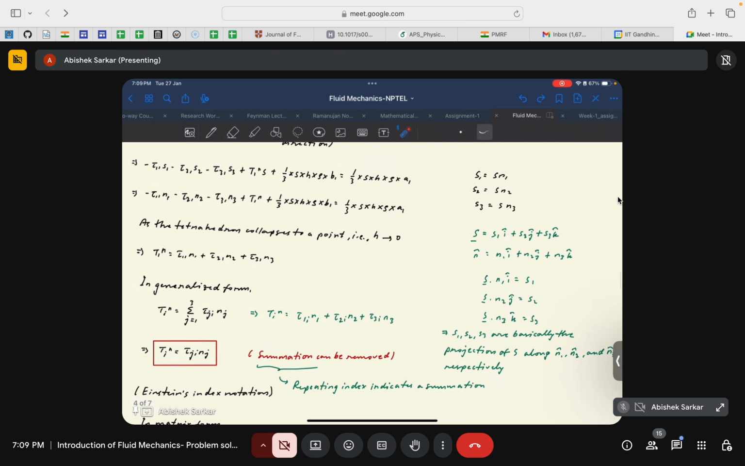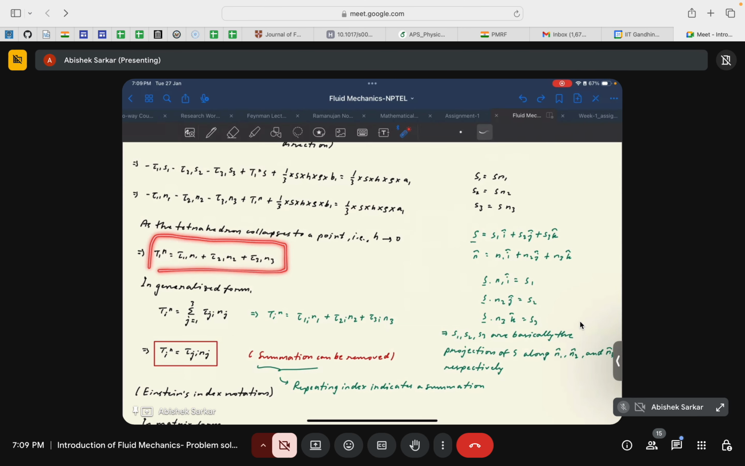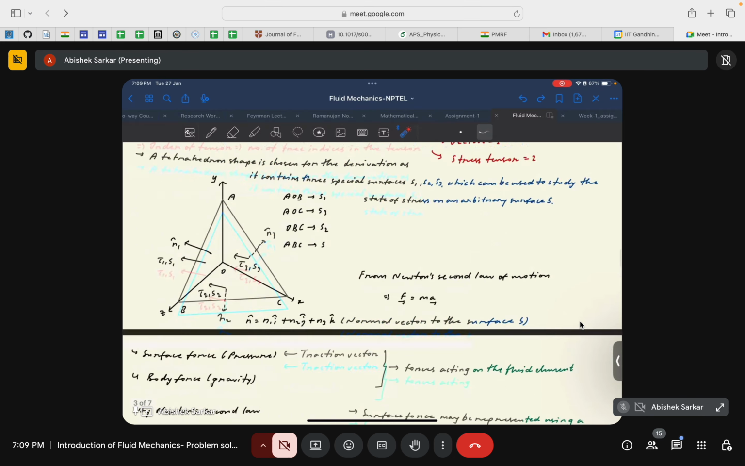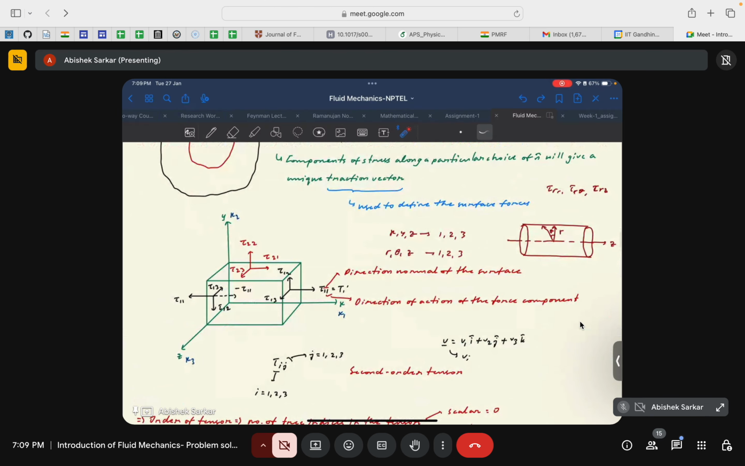Okay, so I hope this derivation is clear. This would basically be the traction vector along the x direction. So it will be given by the stress component tau 11 times n1, stress component tau 21 times n2, and stress component tau 31 times n3. And if you look back, let me just go back, I think that would be a better idea. So we'll see that these are the stress components that act along the